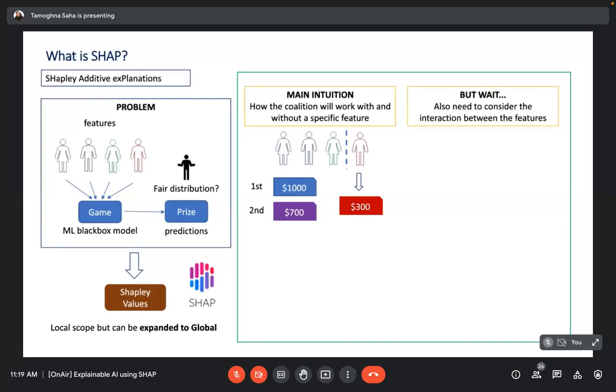We also need to consider the interactions between the features. Let's say the third person has a huge ego and is not willing to cooperate or collaborate with anyone, and she would like to do everything the way she is doing it. Of course there will be some clash and conflict, right? So how do you manage this and ensure that you can get these things working properly and that all the possible permutations are performed?